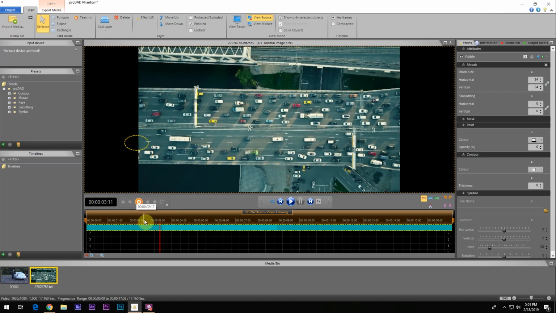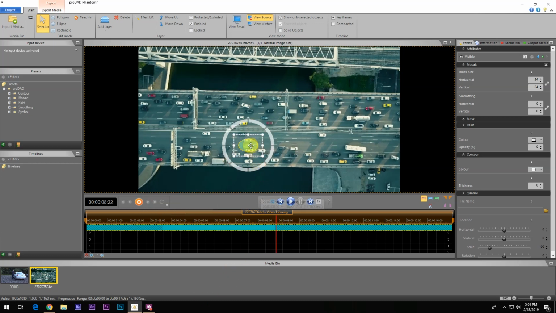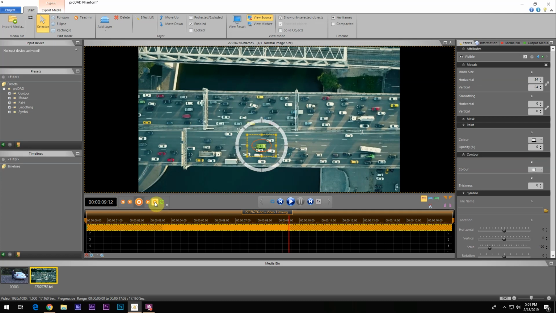See, it's off the screen now, so it automatically stopped because it can't find that green car we were working on. So this time I'm going to drag my cursor back up to where we were at, and you can see I still have my mask on there. Right? This time I'm going to click my tracking again, and let's see if it will follow it until that green car goes off the screen. I'm going to click the forward tracking to the end mark,